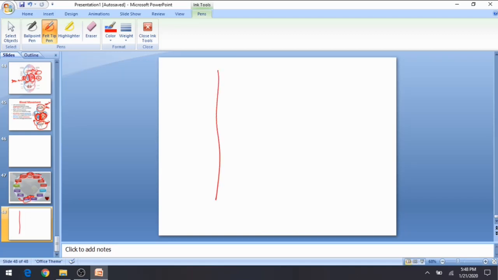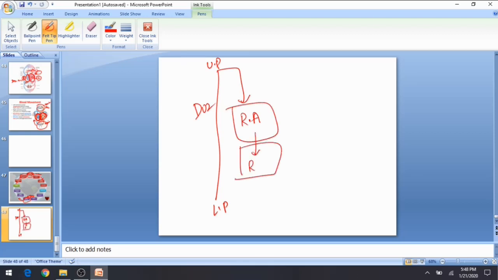This is your vena cava. This is the upper part of the body, and this is the lower part of the body. Deoxygenated blood enters the right atrium of the heart. The right atrium pushes deoxygenated blood to the right ventricle, and here the tricuspid valve is mentioned. From the right ventricle it goes to